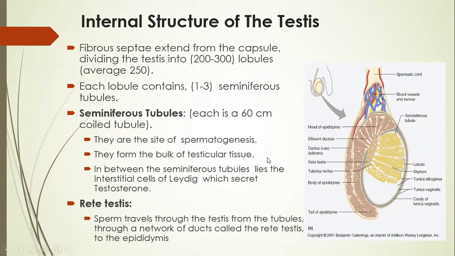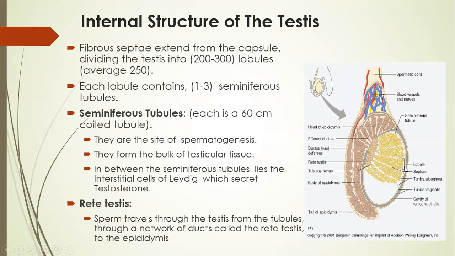In between the seminiferous tubules lie the interstitial cells of Leydig, which secrete the testosterone. So these seminiferous tubules will be the site for spermatogenesis, whereas the testosterone is produced by the cells called interstitial cells of Leydig, which are in between the seminiferous tubules. These are very small cells which secrete the testosterone. Then all the seminiferous tubules will come towards the hilum of this testis and they all join